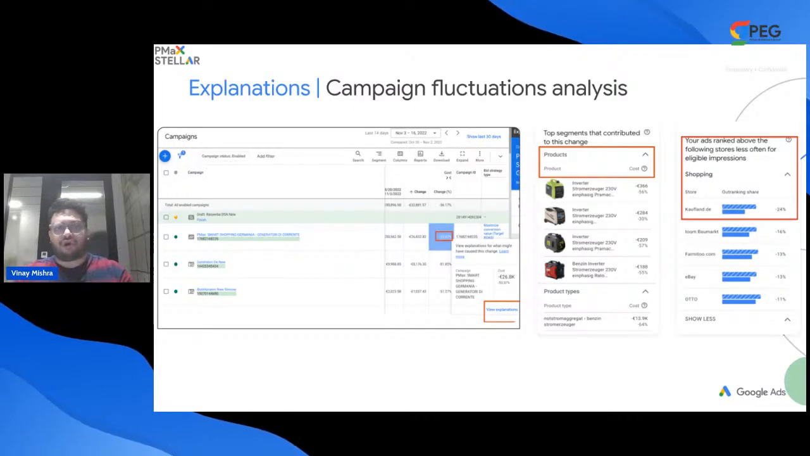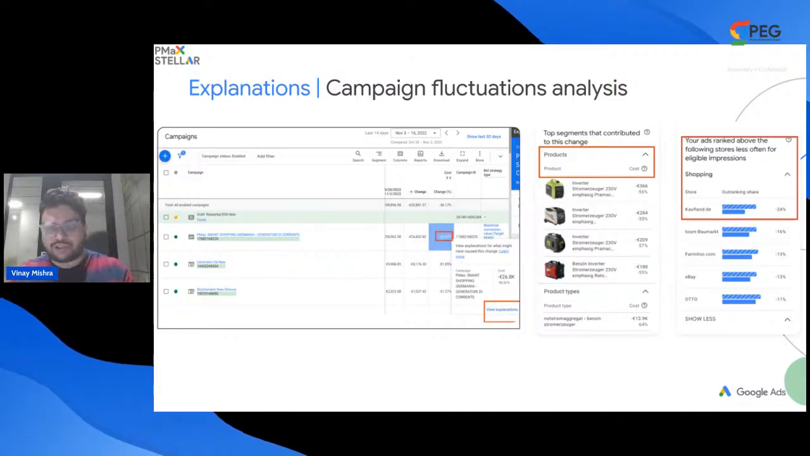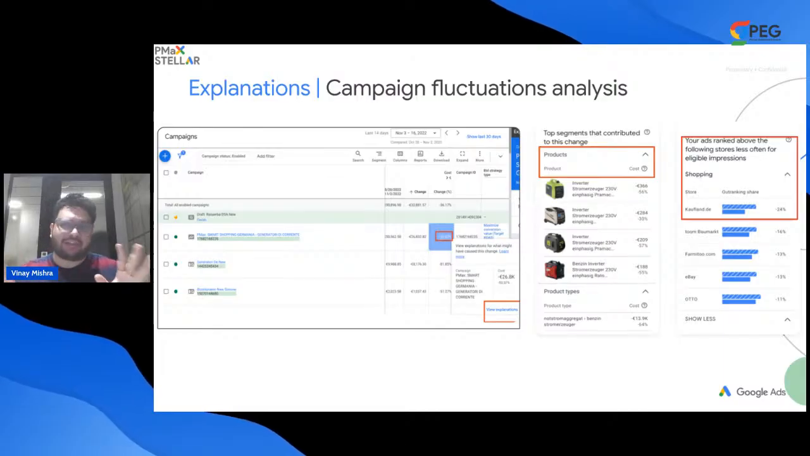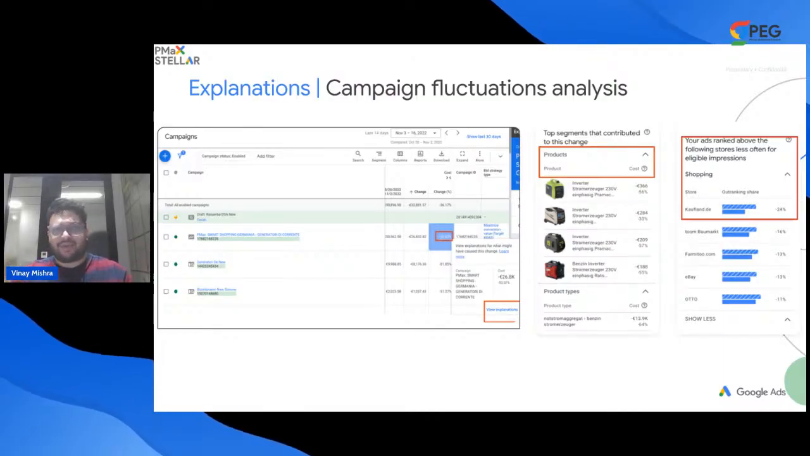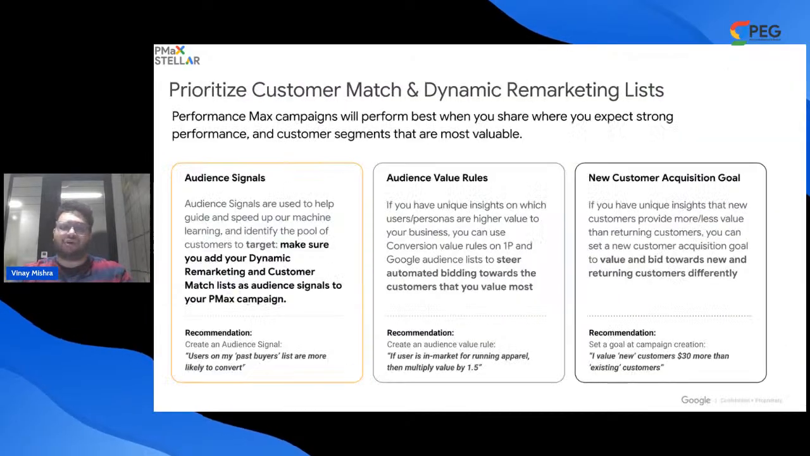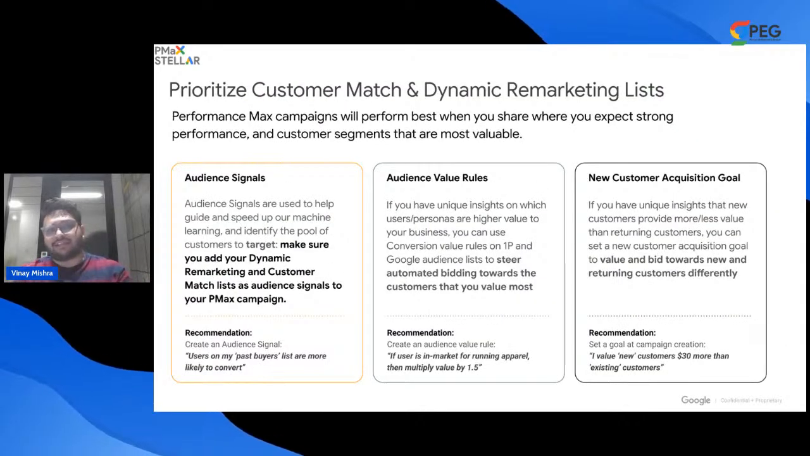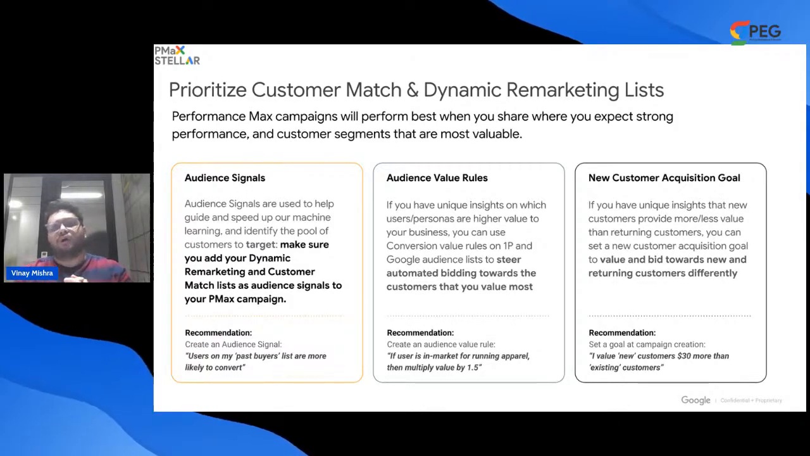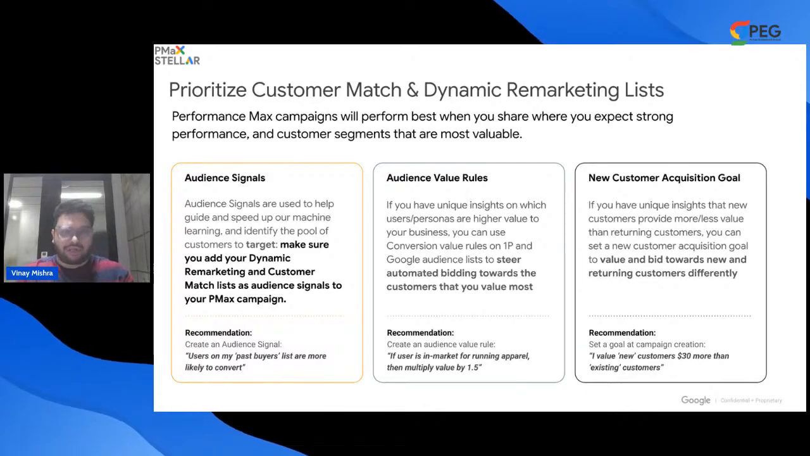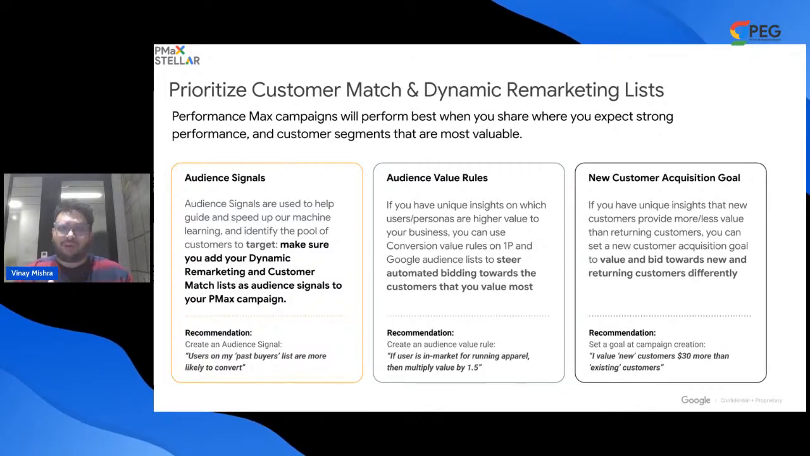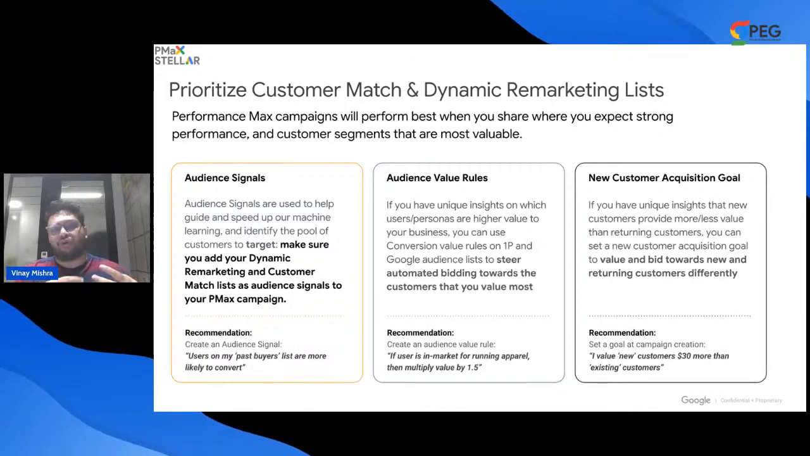We can also talk about explanation and the campaign fluctuations, which you can see as I was talking earlier, where you can see the overall outranking share, and in terms of how the segments have been created. As you can see here on the screen, you can incorporate the same values, and you can also use this to analyze your data. And you can prioritize, as I've mentioned, your customer match and dynamic remarketing list always. So you can use this to have better audience signals, in terms of making sure that you're adding your dynamic remarketing and customer match list to your audience signals,